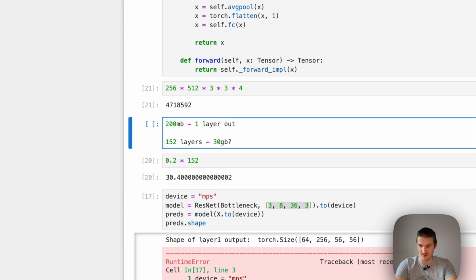So 200 megabytes for a layer output and 5 megabytes for one layer's parameters. For convolutions, it turns out that the size of the outputs dominates everything we need to store,